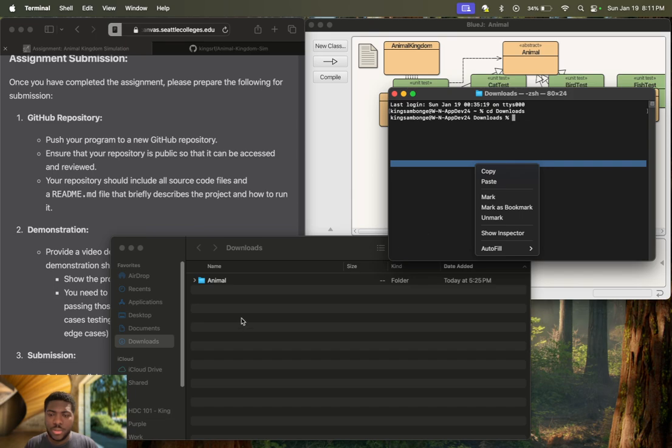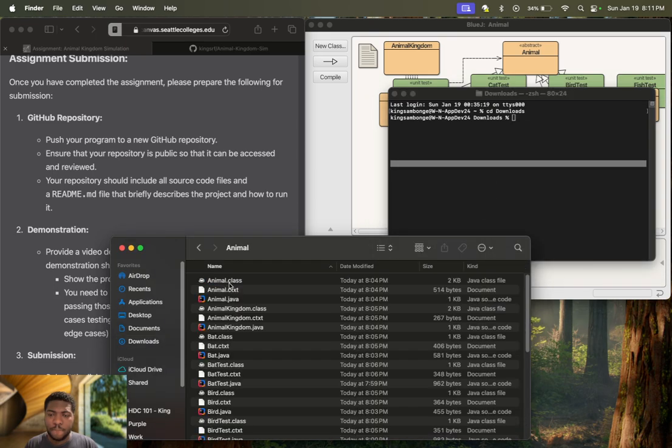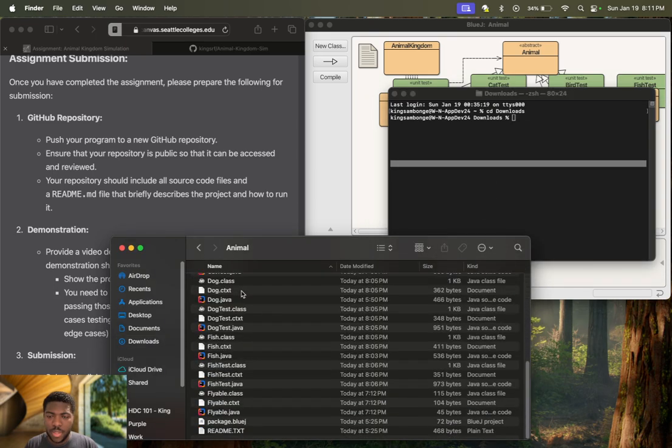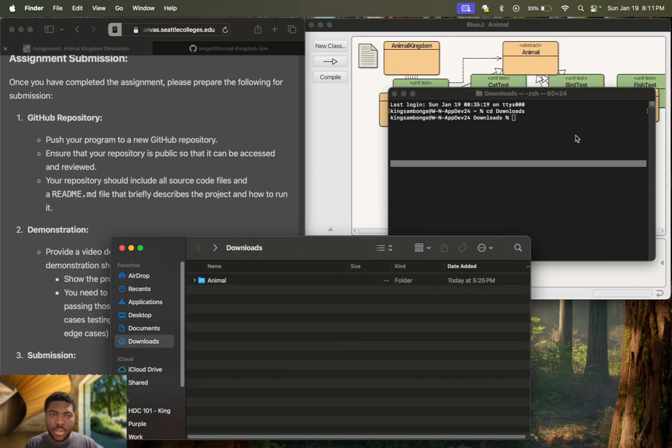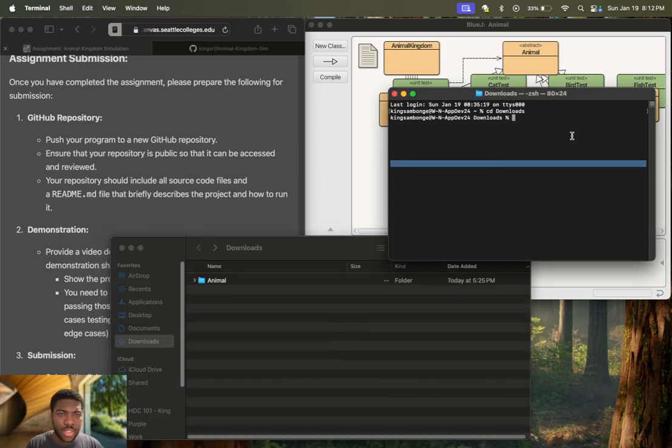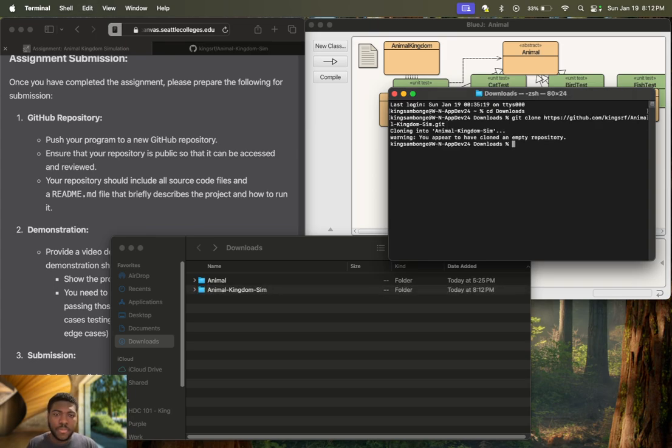Let me make sure something here. Oh, okay, we have everything here. So we have cd into downloads. We want to git clone, right? Let's do this. All right, so here we have our Animal Kingdom sim,